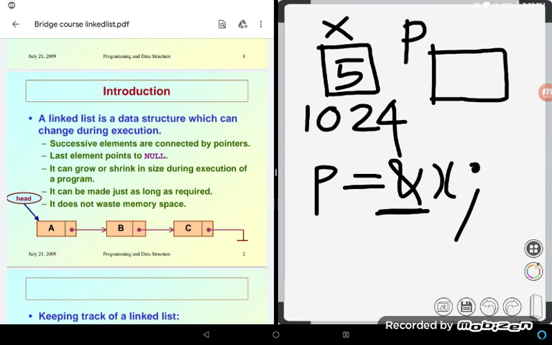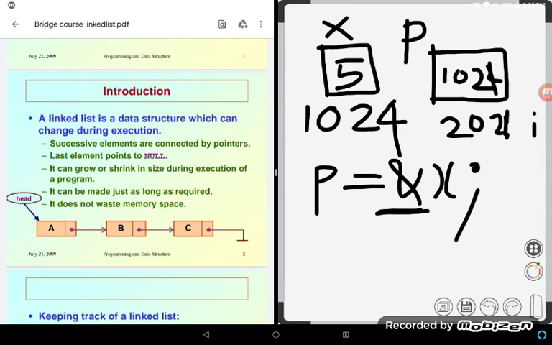The user given name is P, and the machine address, I don't know, maybe 2021. Then what is the content? The content is the address of x, which is 1024. Got it? This is how a variable and a pointer variable differ.